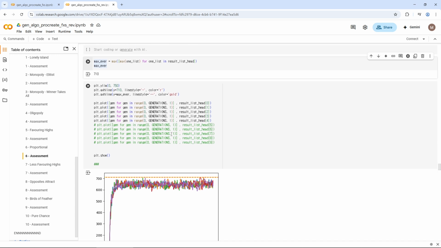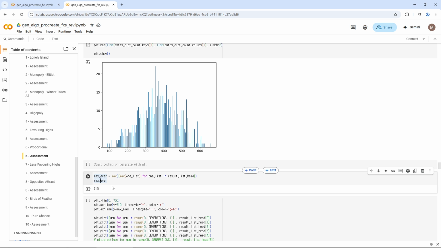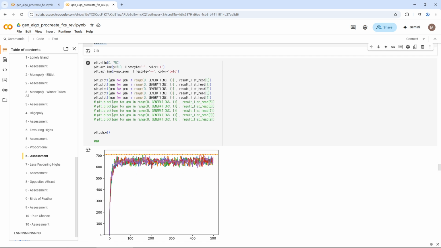That's a good sign. Here are the result list for the heads, and they are not stable. They oscillate too much. So sometimes it did hit 710, but I don't know where it did that. Or maybe over here in this orange line. But they oscillate too much. So it's very unstable. This is very unstable because these plots are for one singular value per generation, and they die. The top entity